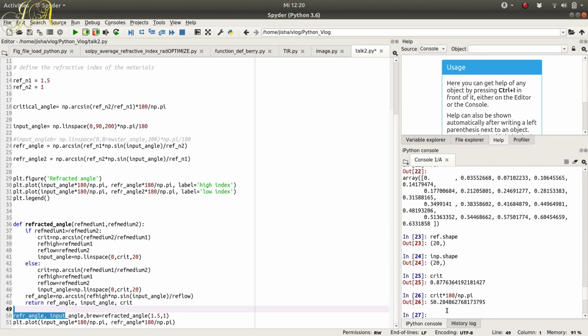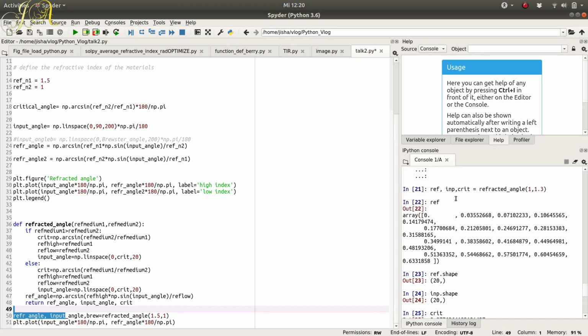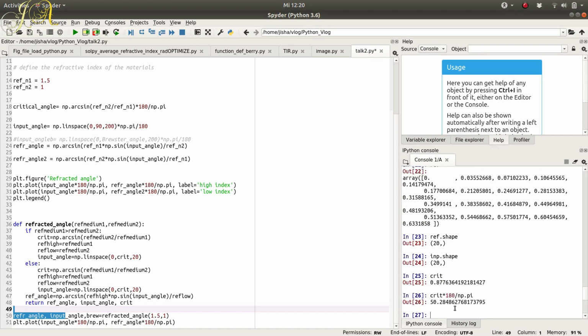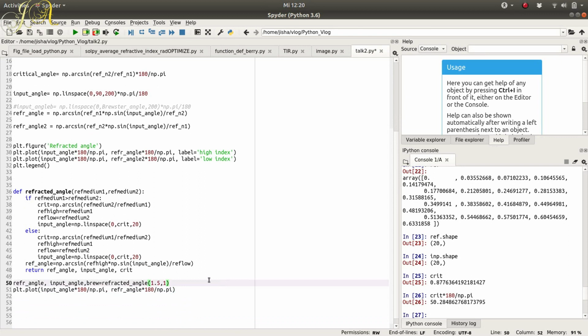So 50.28 is your critical angle, right? So now this is how you write your function. You just have to give your input and you can calculate all these things. Okay, so this is what I did here. So I said refractive angle, input angle, and